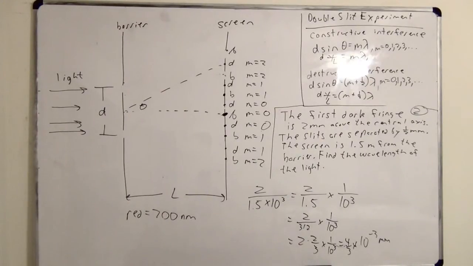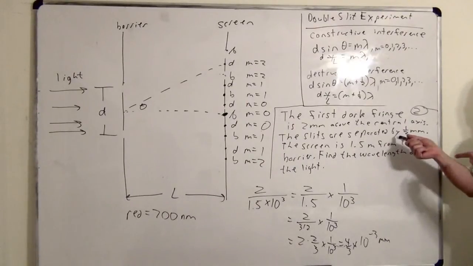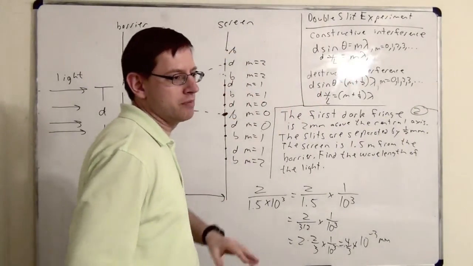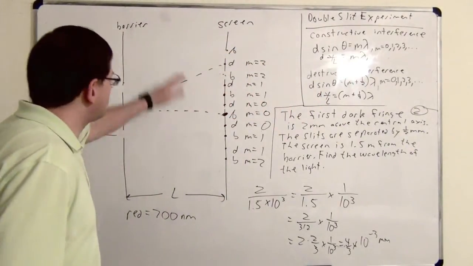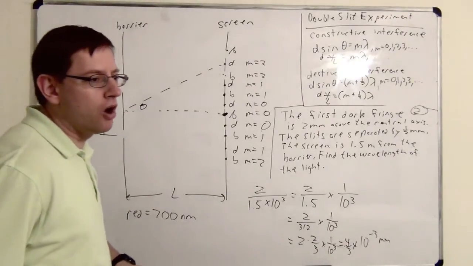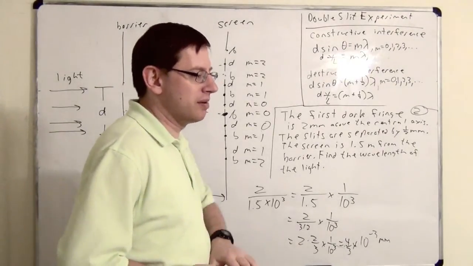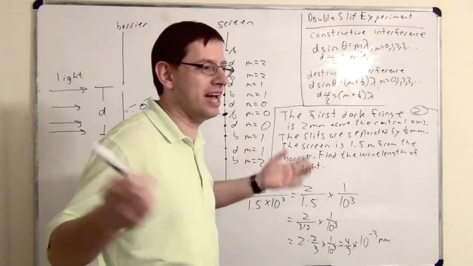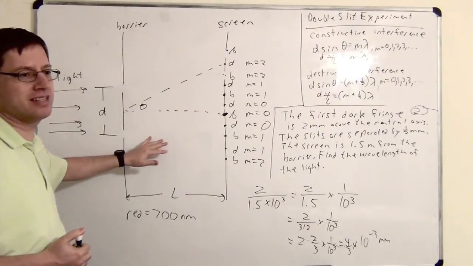You shine red light into it, and then you use one of the spots. Yeah, you do it just like we did on this problem right here, basically. You can pick any spot you want as long as you get the right M for it. Okay, so that's another interesting thing about the double-slit experiment. All this time we've been talking about light as being in the 400 to 700 nanometers region, but we didn't say how the heck we know that. Well, you can use an experiment like this to actually find it.